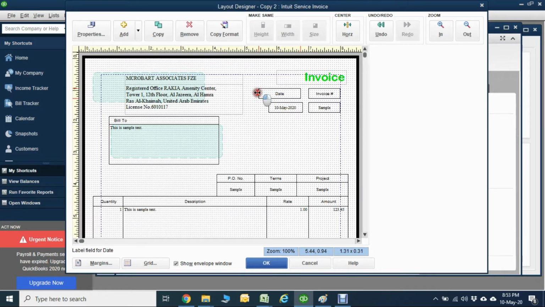Okay, yeah, see, now make it more beautiful, more accurate. Okay, now this area is okay. Now this invoice you can bring it into the frame here. Okay, done.